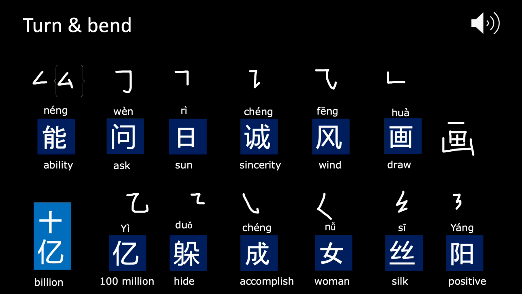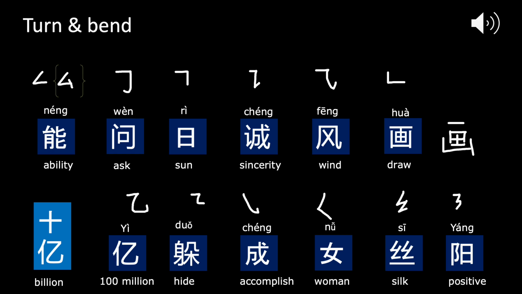The last category is a mixed pot. It is named as turn and bend, since they are combining all of above to form a certain shape associated with a given meaning. This group contains many variations. I wouldn't recommend you memorize all of them at once. For instance, in the first example,